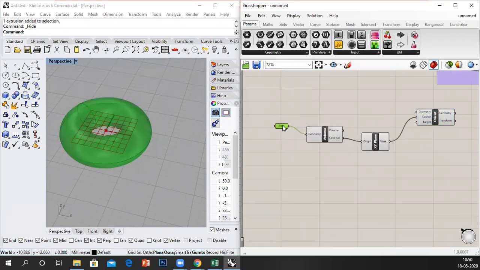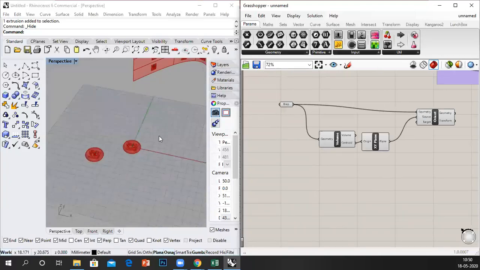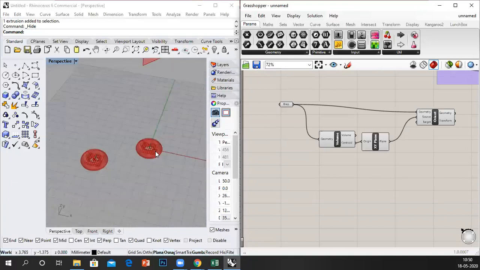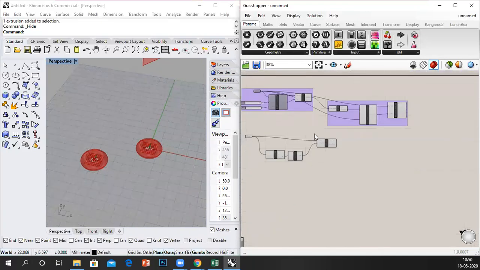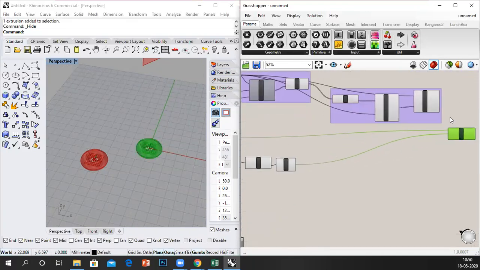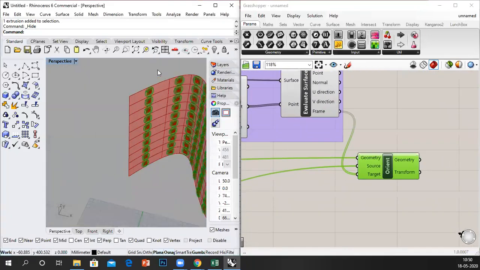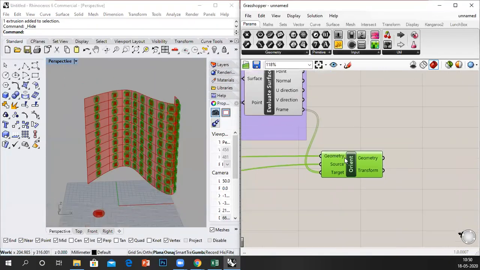This brep is our geometry which has to be moved. Now when orienting, what happens is it orients to the plane at 0,0, because the target is, if you see, one locally defined value which is 0. So it places it at 0. So instead, what we have to do is we already have the frames, we just have to plug this in here. So if you see over here, it's the same concept but just in a different way.